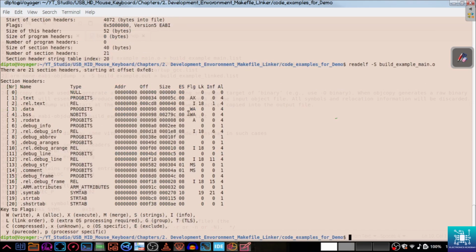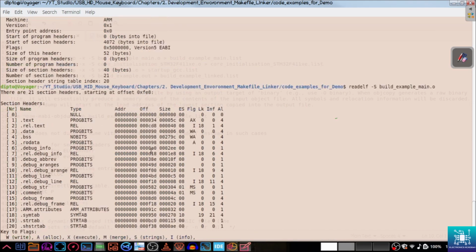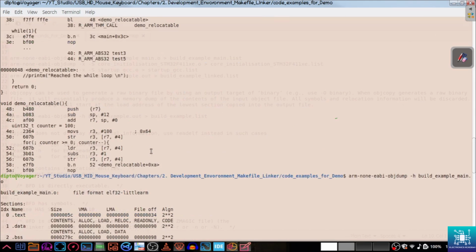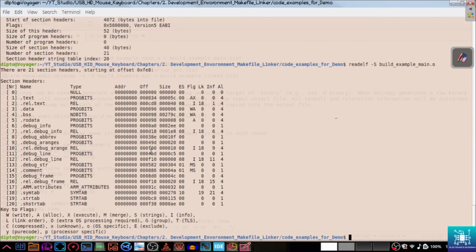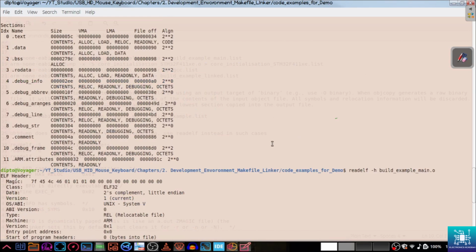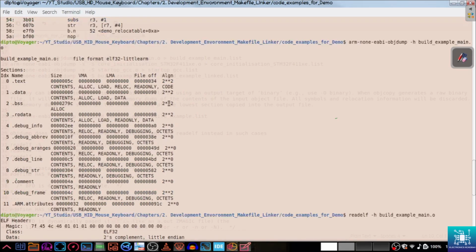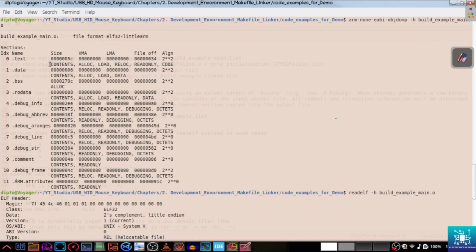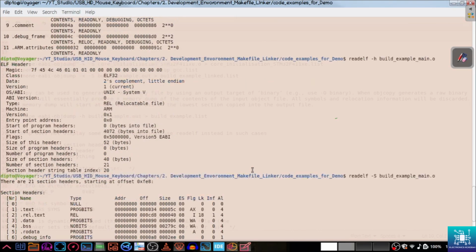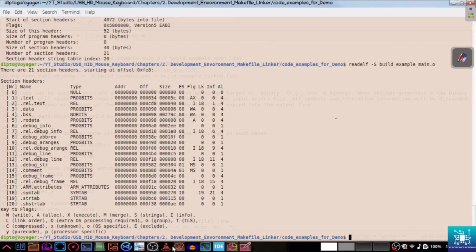And the flags like AX, I, WA bear a slightly different meaning from what we see here. For example, AX means it's allocatable and executable and so on and so forth. But if you look here, it also gives the same information, but it's laid out in a different fashion. Going forward,